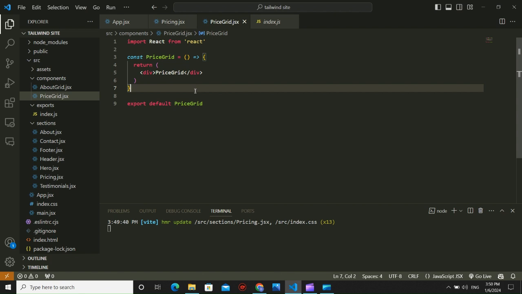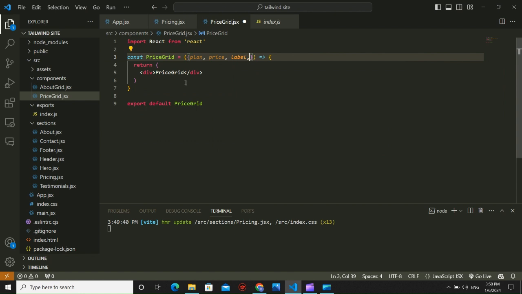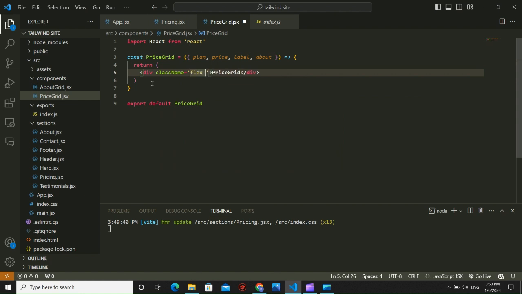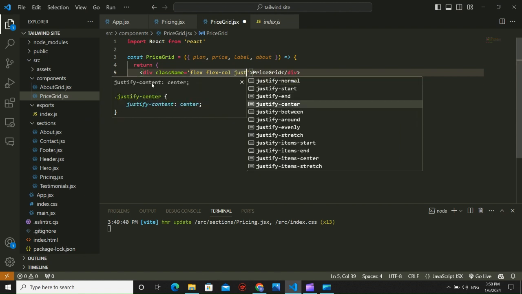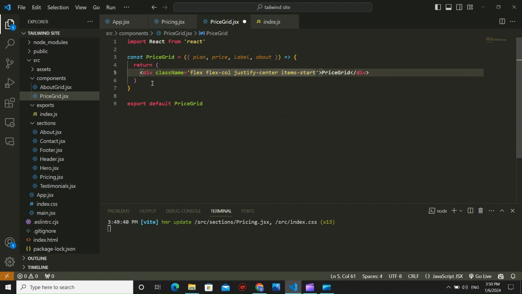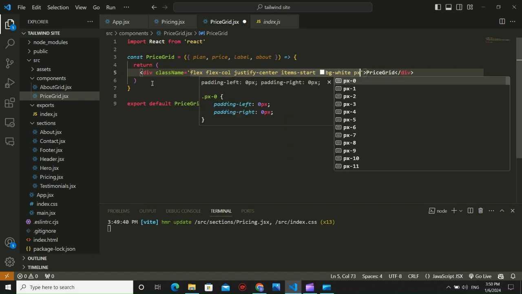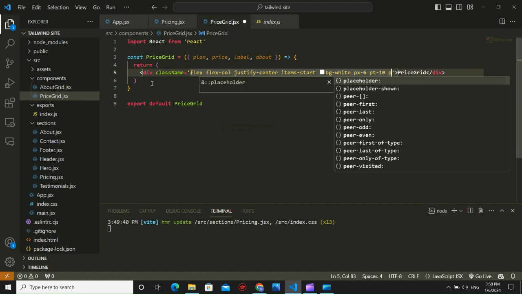Okay, so let's take our props, like that, and after that inside this div you have to enter a class name flex column, justify center, items start, bg white, and x-axis padding would be 6, at the top padding would be 10, and at the bottom padding would be 20,